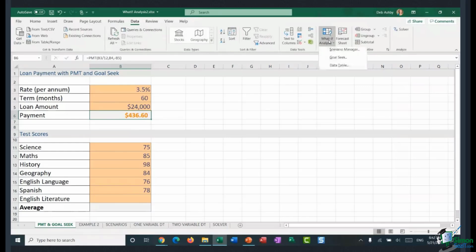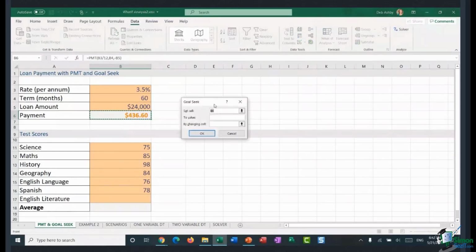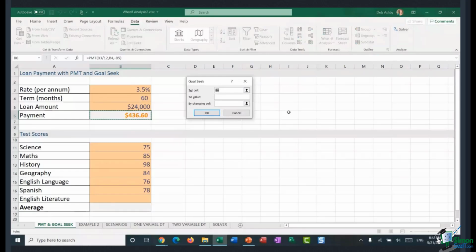Okay. So I'm going to jump up to the data ribbon. I'm going to go across to What-If Analysis, and I'm going to select the Goal Seek option. And this is a very simple little utility. The first thing it asks you is to set the cell. So I want to set this cell to 500 because that's how much I can afford. And what do I want to change? Well, I want to borrow more money.